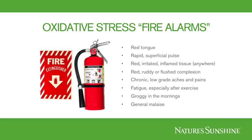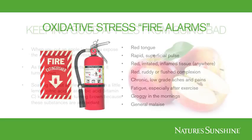We'll have chronic low-grade aches and pains. We'll get tired, especially when we exercise. We'll feel groggy in the morning, and we just generally won't feel good. And I like the word malaise as a good way of explaining that. We feel this malaise. It's not that we're actually really sick in any way, we just don't really feel good. So,